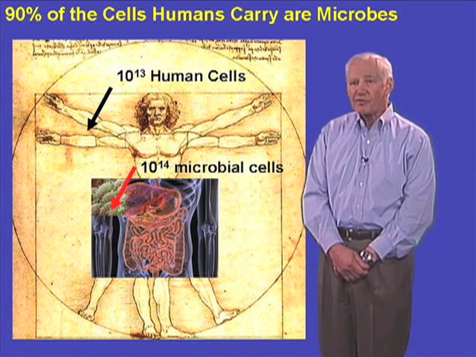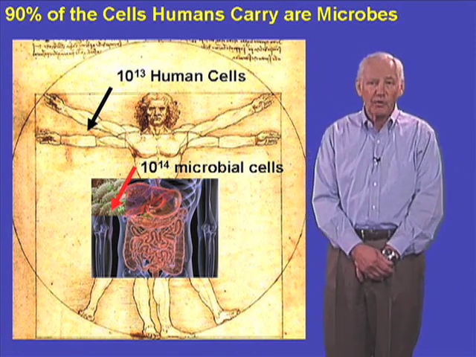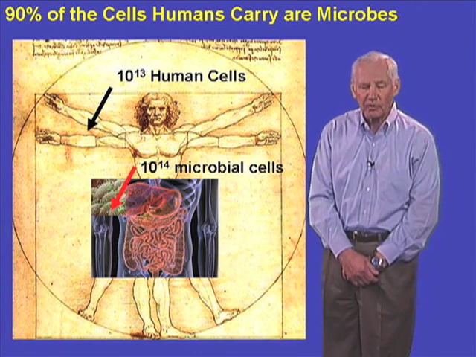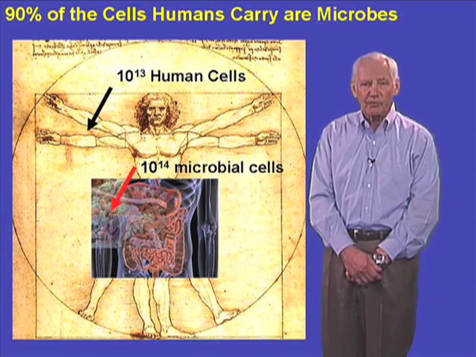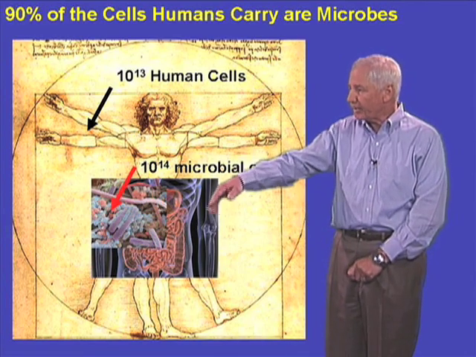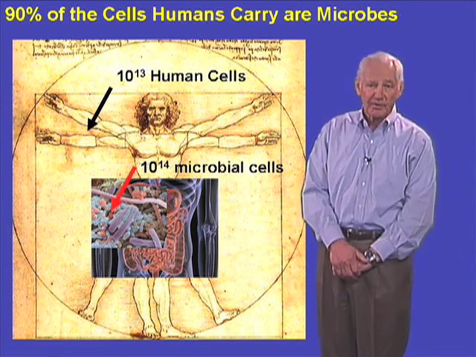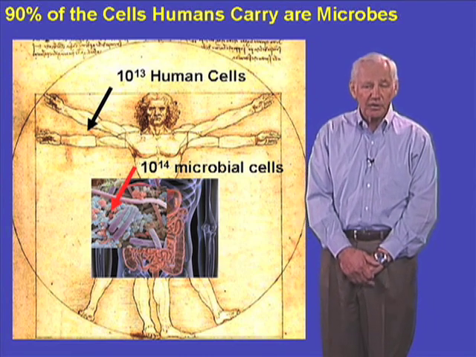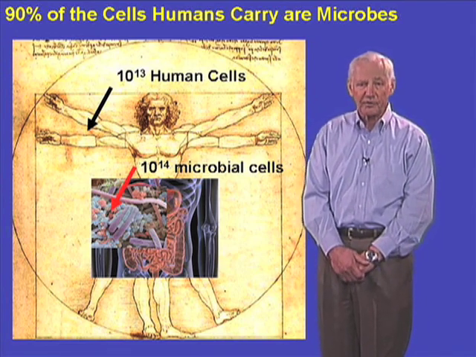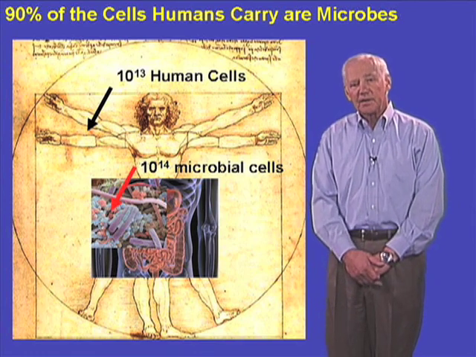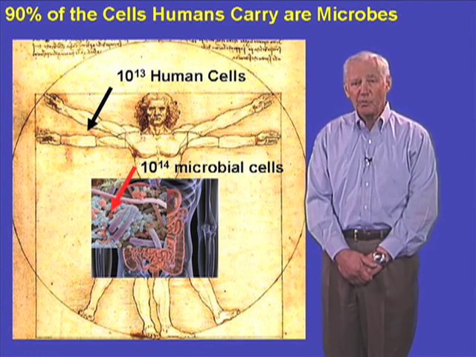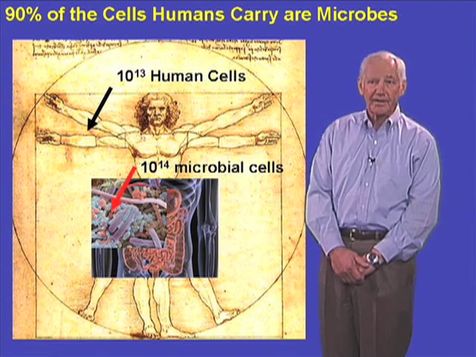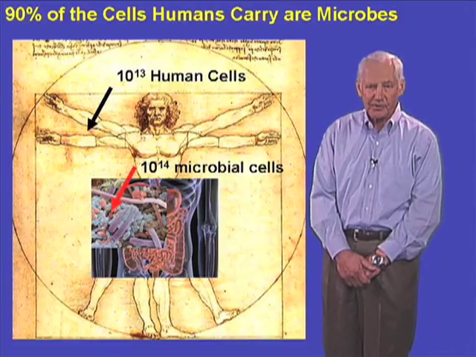Most of the microorganisms that make up our flora, we have never grown. We only know about them because we can use genetic and molecular techniques, but we're learning more and more about them every day. And they come in a variety of sizes and shapes. Some are rods, some are spiral, some are round cocci. And there are literally thousands of these microorganisms that inhabit us. And we acquire them virtually from the moment we're born, and they remain with us until we die, and then their last function is to consume us as a